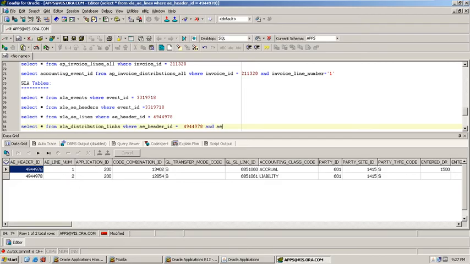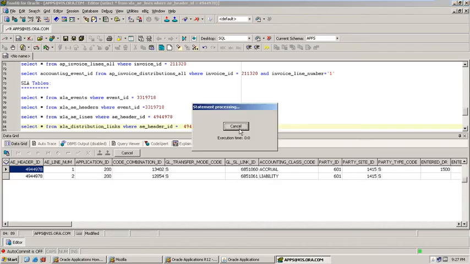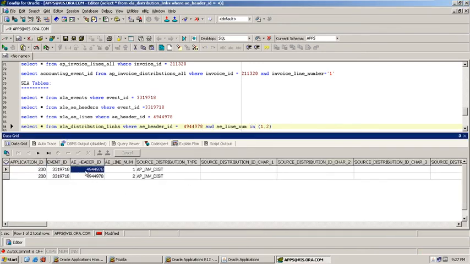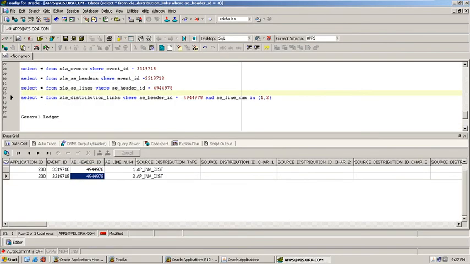I am mentioning both line numbers instead of verifying 1, 2. Both lines I want to see. Okay, this is the distribution links.